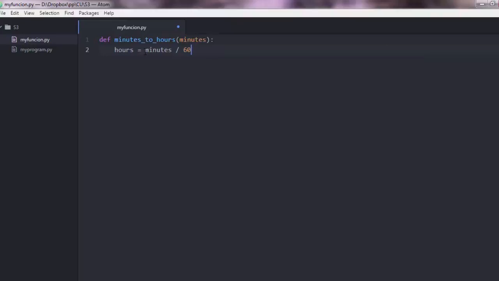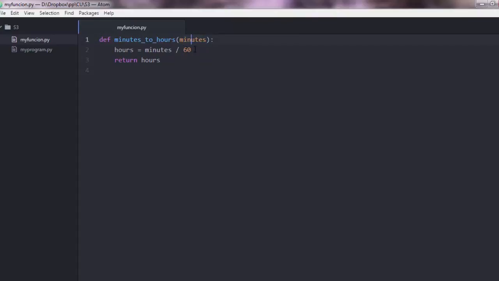And yeah, this is a simple function, so this is what the function will perform, and then the last line of the function is normally a return keyword. So notice that these are reserved keywords, def and return. And what I want to return is, well, guess what? The output, which is hours. So that's the idea. We are getting minutes. The user will input a value for that later when we call a function, and then minutes will be divided